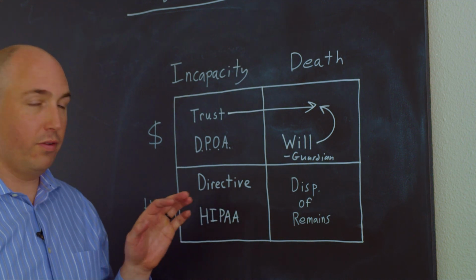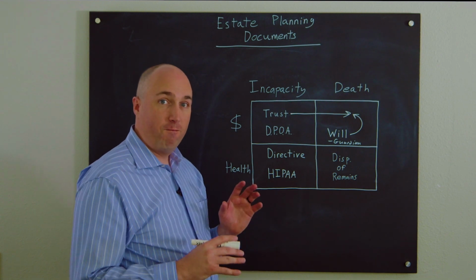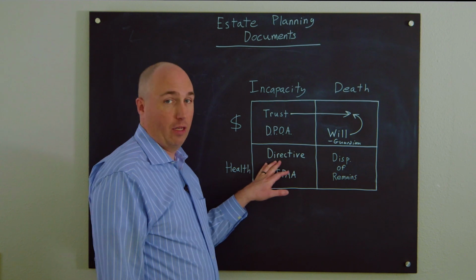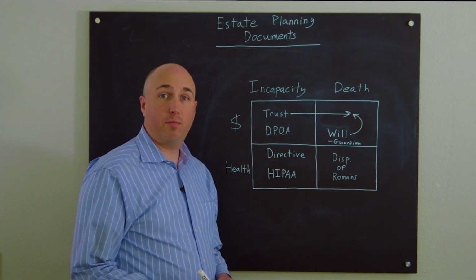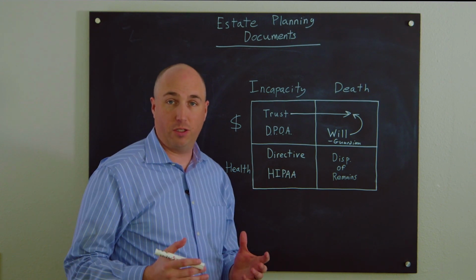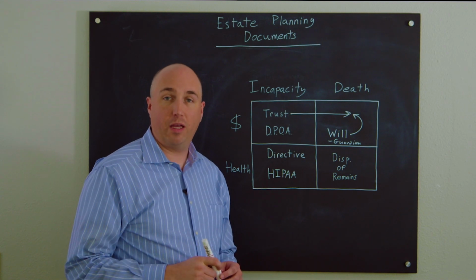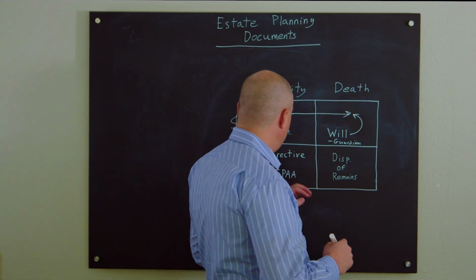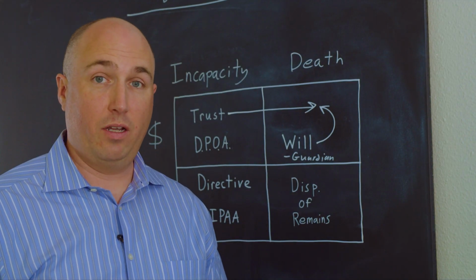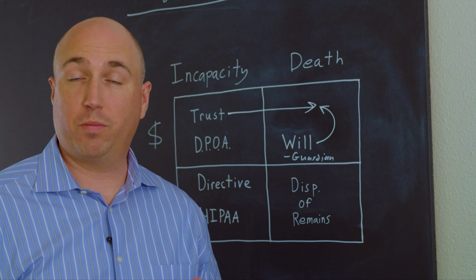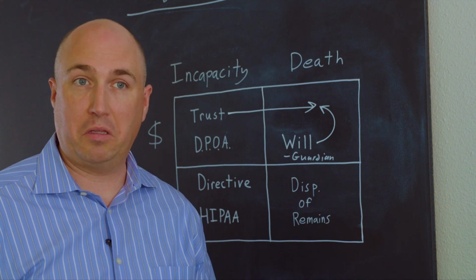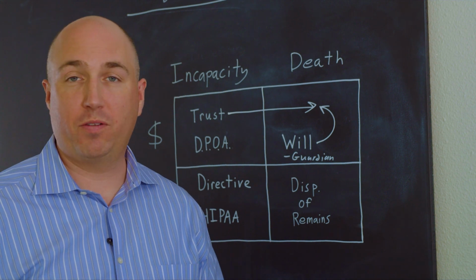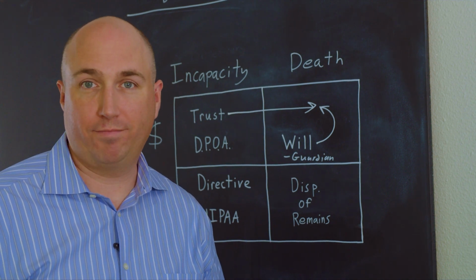The advance directive does two different things. First, the advance directive is like a power of attorney over medical decisions. It allows the person you've named to make medical decisions for you in the event that you can't make them for yourself. Second, the advance directive is used to give end-of-life instructions or to express wishes regarding things like life support and tube feeding in an end-of-life situation. Sometimes folks call it the pull-the-plug document.